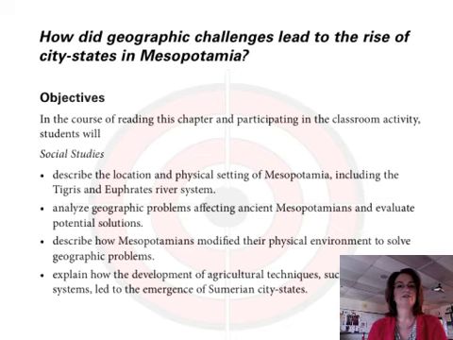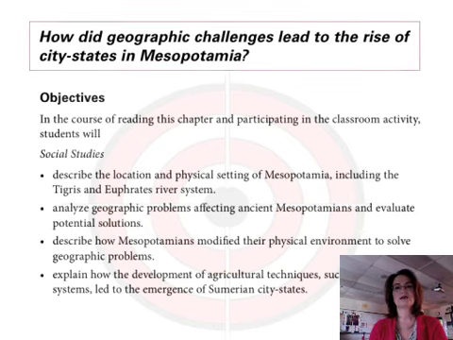So we all have objectives in our map within our curriculum that we look at when we're planning our lessons. And so for me, in planning a lesson about helping my children understand the geographic challenges that the Mesopotamians faced, I thought, wow, doing a 3D map would be great for that. But I wanted to make sure that it wasn't just a 3D map of paint and yarn, but that embedded within that project were those learning targets that I wanted my children to be assessed on